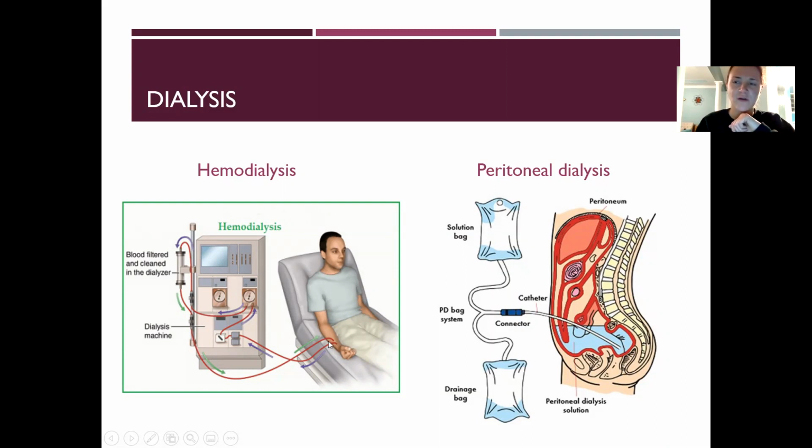They have 2 ports going into their site of their fistula or graft, which is normally in their arm. You may also hear somebody have a Shiley, which is a tunneled catheter in their chest. We talked about it in the nutritional section of our GI system, but that can be used as a temporary dialysis catheter. The goal is to have the fistula or graft in their arm as a permanent method of dialysis.